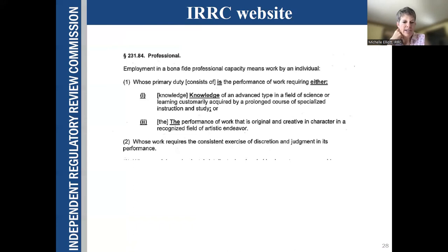This is just another example from within that regulation showing how an agency would delete text. You can see here that they're intending to delete "consists of," and instead add in the words "is" and "either," and then they're adding some subparagraphs and removing, so they're just capitalizing "knowledge" there. So I just thought I'd point that out. On the next slide,